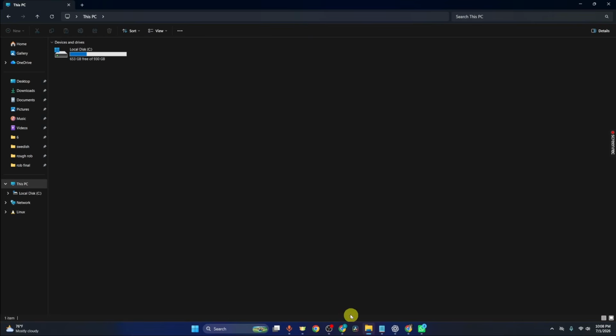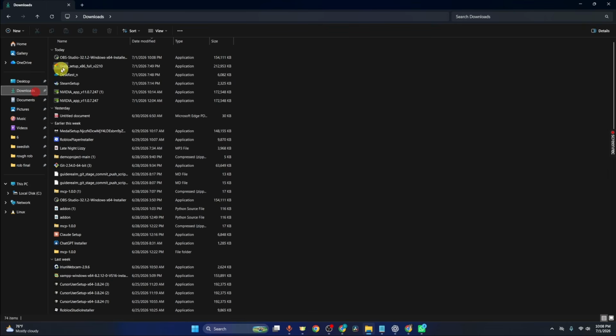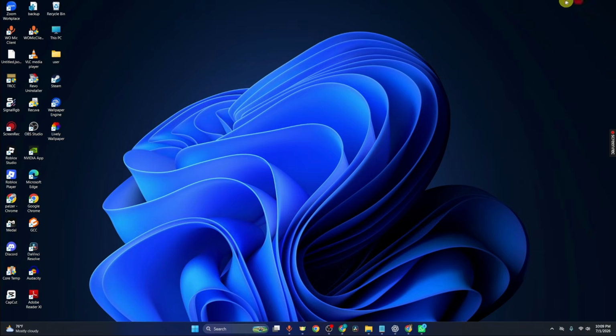Once downloaded, just go to your file explorer and go to the downloads folder, and then just double click on your OBS application to run the setup wizard, and just follow the setup steps. It is pretty simple. And once you have finished installing OBS Studio, just go ahead and open your